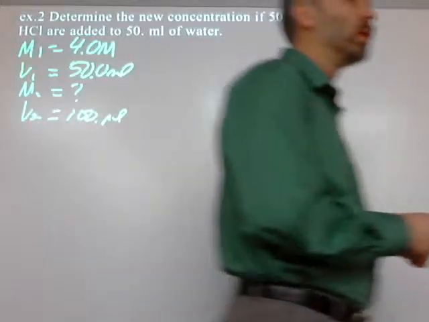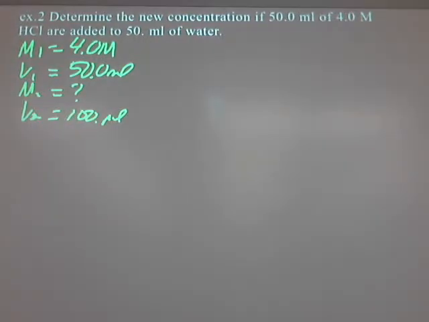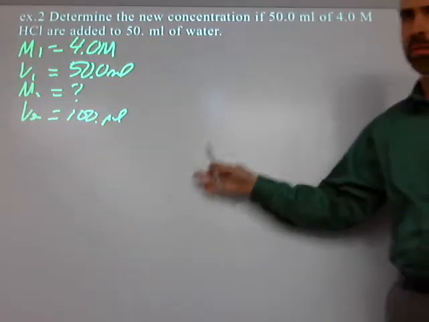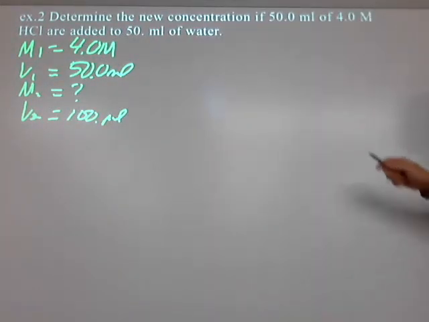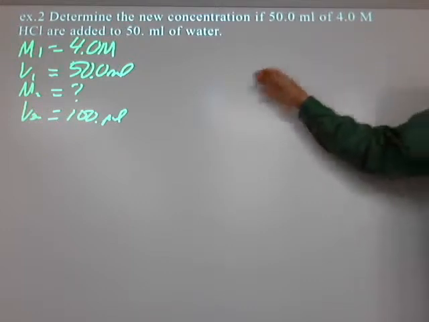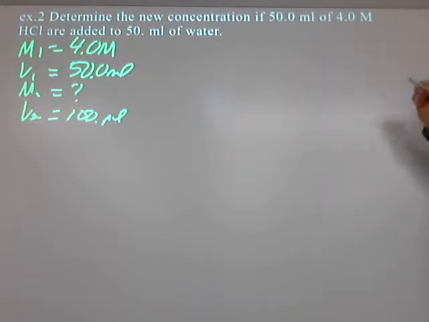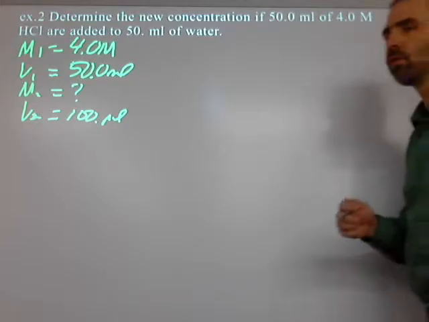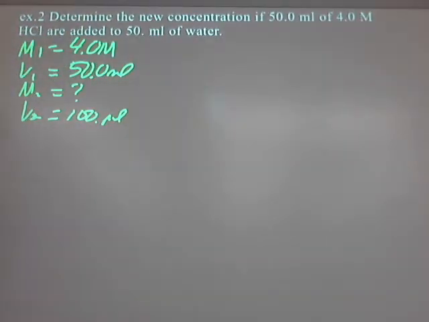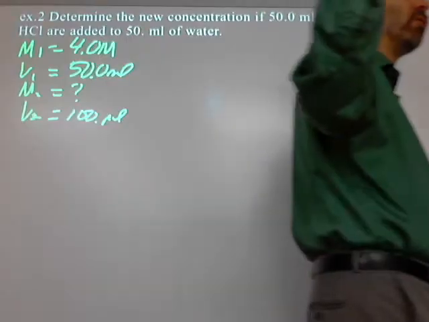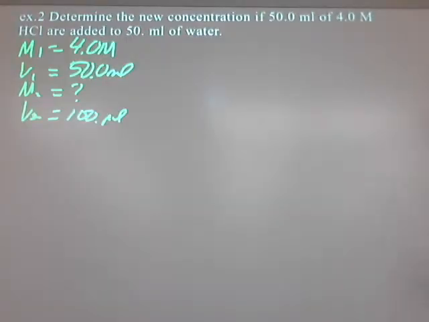You may remember doing this in a couple of labs already where we had to do multiple dilutions, the test tubes and all that stuff. We had to always keep track of the initial volume you had and then the new volume after you've mixed it. We did that in at least 2 or 3 Chem 2 labs, not to mention we originally learned it in Chem 1. Now, did I give you this equation at that time? I think I might have for one of the labs, but that's just how you diluted it. And then we used the computer, the spreadsheet, to do the dilutions of the airtime. All right,